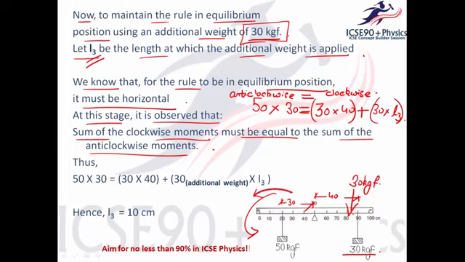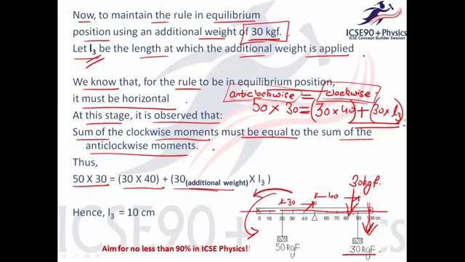Now as the additional weight would be added over here in this direction, so as to bring the rule back in equilibrium, this weight has to be applied in the clockwise direction and hence is to be added on the right hand side of this equation. So on one side we have all the anti-clockwise moments, and on the other side all the clockwise moments. So we get a simple equation: 50 into 30 is equal to 30 times 40 plus 30, that is the additional weight, times the length L3. As a result we get the length L3 to be 10 centimeters,